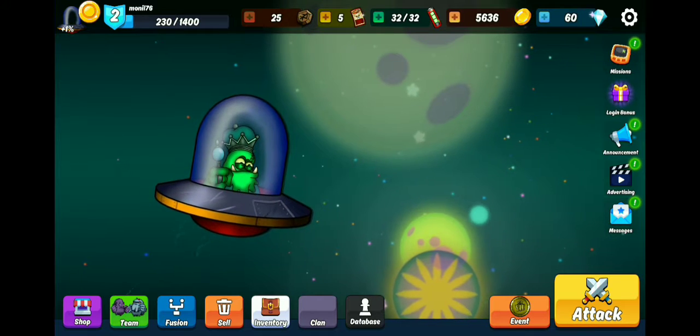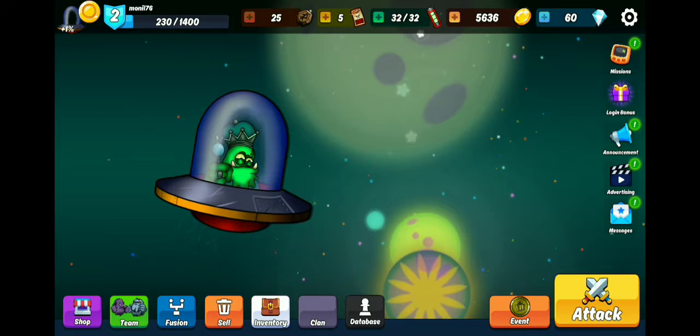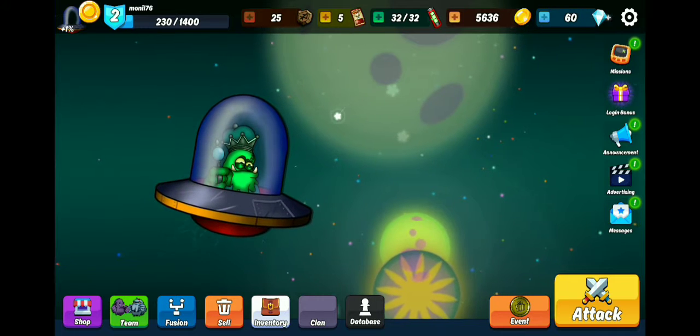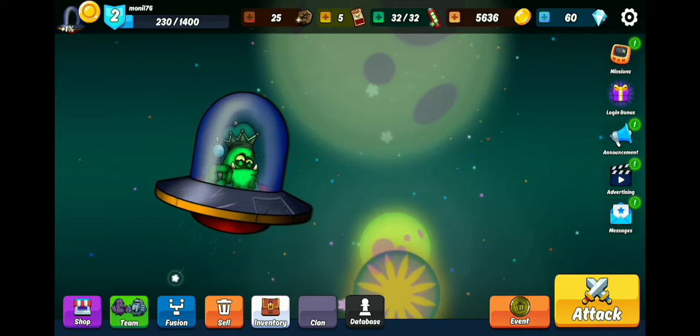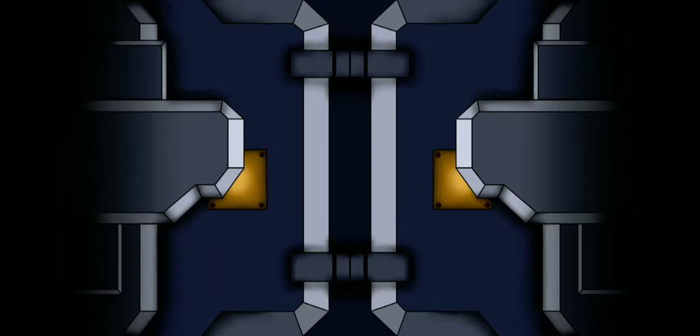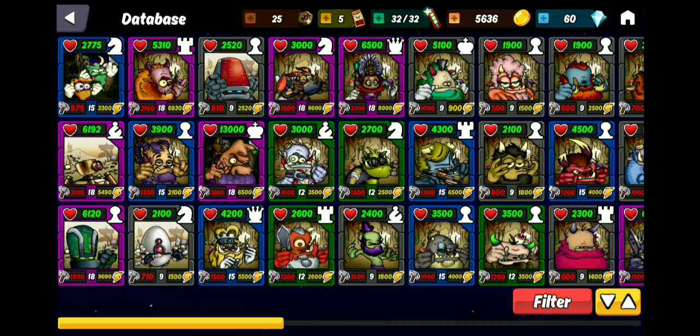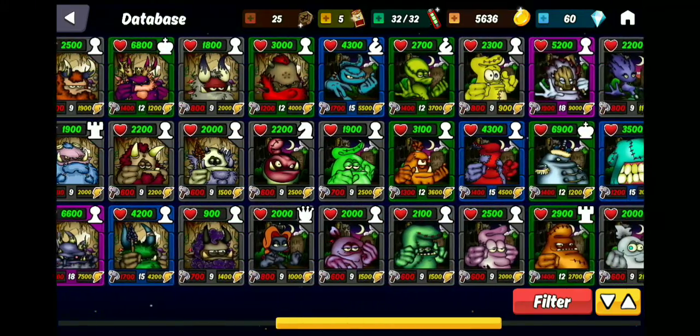In this game, each character has a skill which it can use in the attacks. You can find the list of the skills and the attacks in the database section. The database is on the rightmost side of the bottom keys. We'll click on this database section, and here you can see the several attacking skills that each player can use. There are so many, so you can get a wide choice.